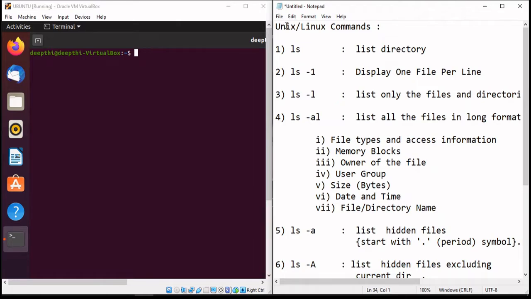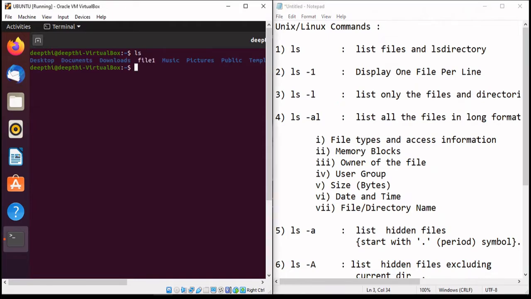The very first command that we are going to study is ls, and ls is the short form of list. It is going to list all the files and directories in the given operating system. So let's type ls and see what the output is.